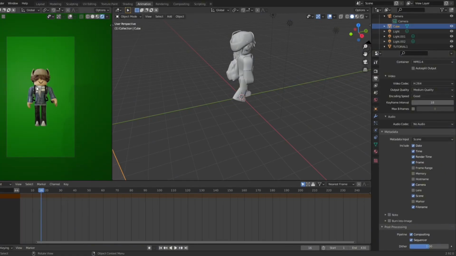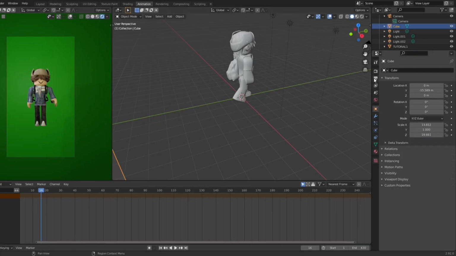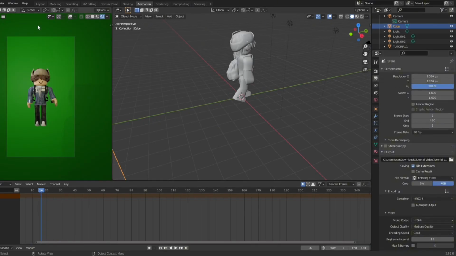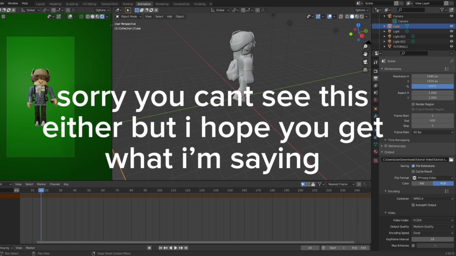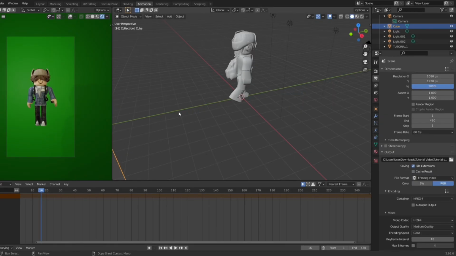Okay, now that we've got the green screen and everything, and all the settings are correct in the output, all we have to do now is render it. So you're going to go up here to render, and you're going to click render animation. I've already done this, so after you're done, it should be like this, and it should say the amount of frames that are completed. You'll know when it's done when it just stops making frames. This will take a while to render, depending on your PC,